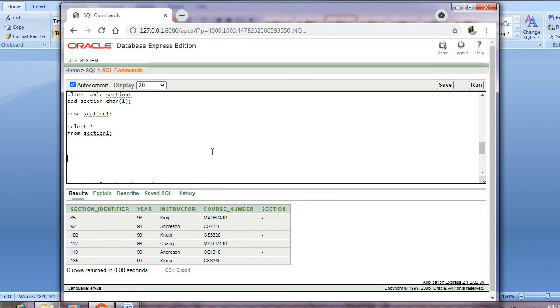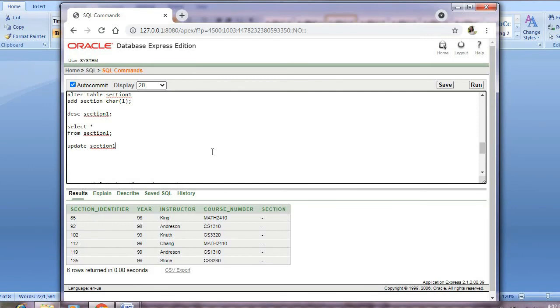We have just altered the table by adding a new column or new attribute, that is section. Now we have to update the value to it. To update we have the command UPDATE. I am updating the table.